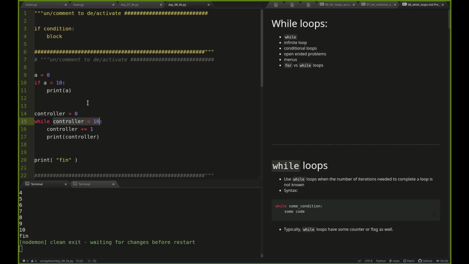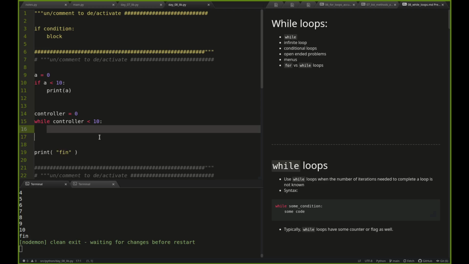Sometimes it's hard to see, it can be a little convoluted, but sometimes the controller is not checked right in that condition. Usually it is, or is somehow checked in there, but even if it's not, it's the thing that leads to that condition being true, or to that condition leading to a stop to the while loop. And it's always altered in some way. In this case, I'm doing a simple incrementation,